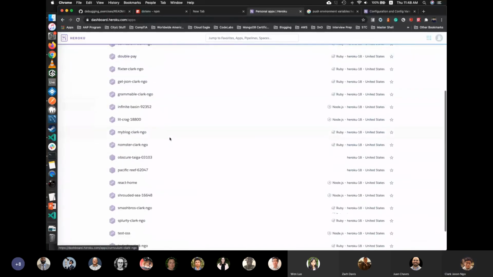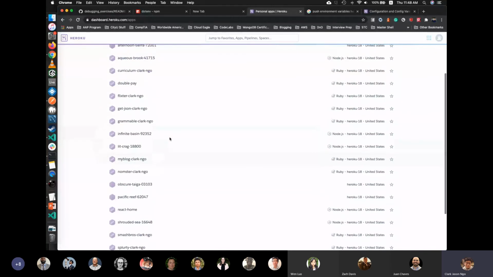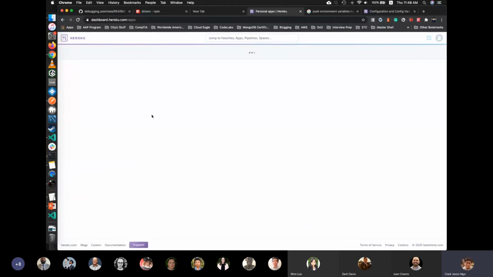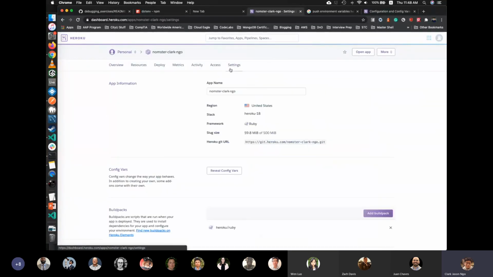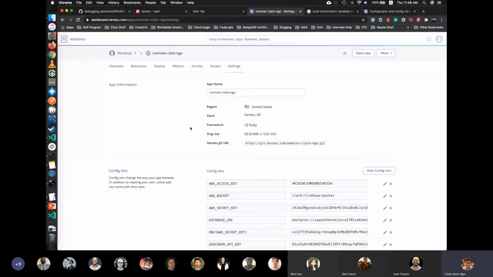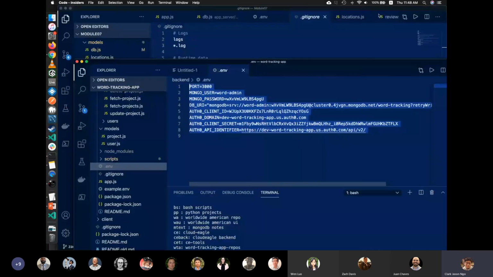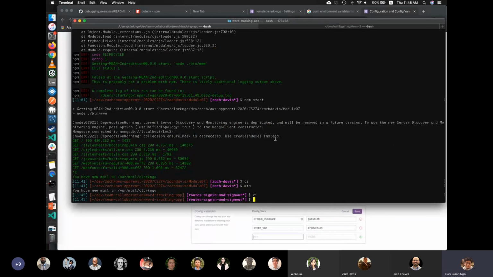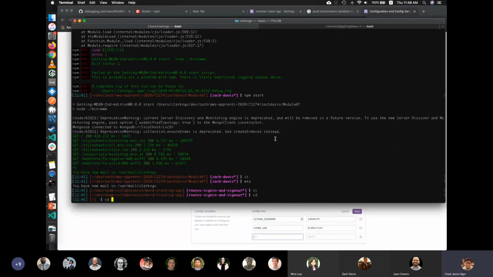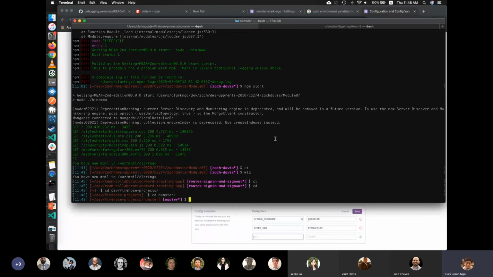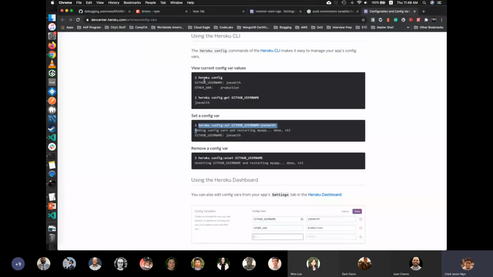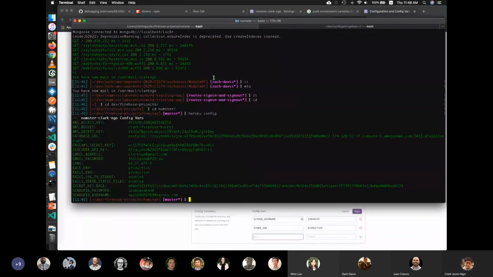Let's go back here. I think Nomster would be good. It's a Rails app, but it doesn't matter as you still have the same config. I mean, the way you set the config is the same. So let me see if I can just execute this. See if it's even possible. Awesome. So here,